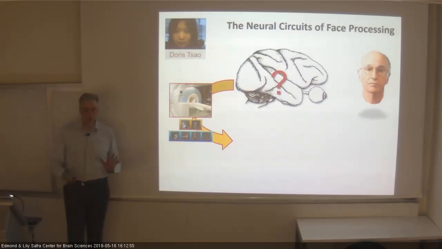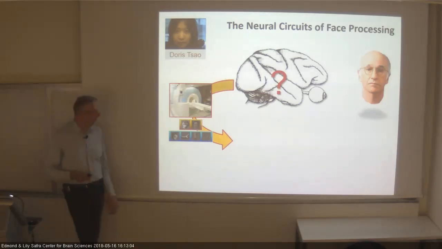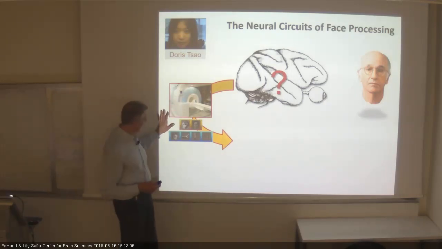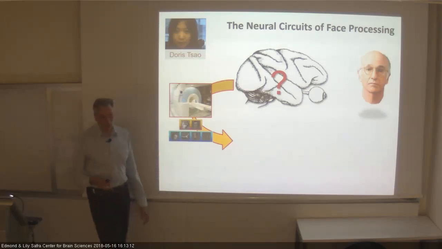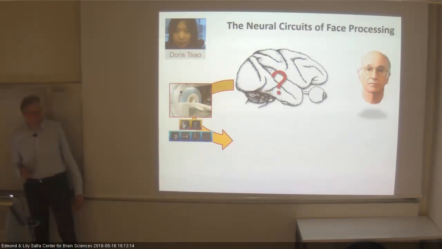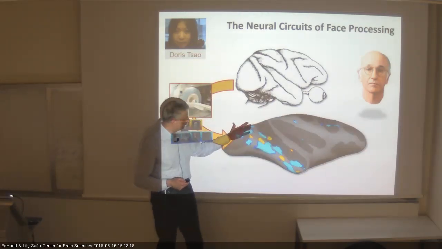We use fMRI to get an overview of the functional organization of the whole brain, and then use single cell recordings to learn more about how the cells are processing information. We used the human fMRI scanner, and then contrasted activation during presentation of monkey or human faces with activation during presentation of non-face control stimuli, and found, as shown here in this computerized map where the brain is inflated to